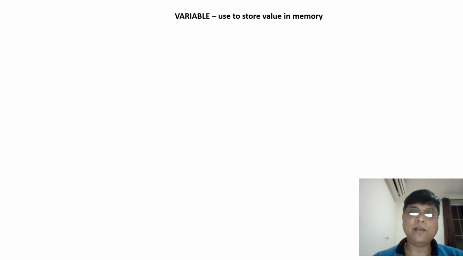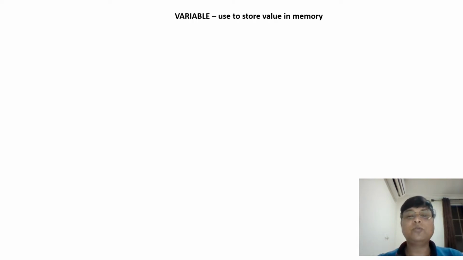So let's talk about the variable now. A variable name is an English word. The maximum number of characters you can use to declare the variable name is 8. You can use those 8 characters at once, or join words with an underscore, and no variable name can start with a special character. So these are the rules you have to follow. A variable name should not start with any special character, and it should not have any space. If you want to join words, use an underscore, but most of the time it is good to use a meaningful word for the variable.